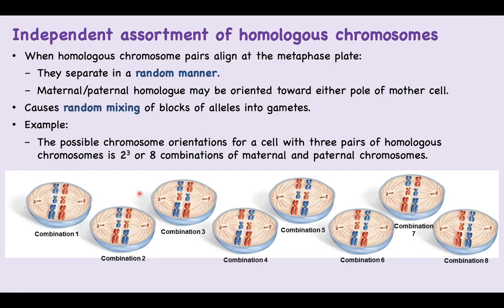Okay. Dia ada dua orientation. Sama ada it goes either towards the maternal or the paternal homolog; it may be oriented towards either pole. So dia boleh dua orientation, satu to the north, satu to the south. Okay, that's why dalam the formula untuk nak calculate the diversity or the variation of a certain species,